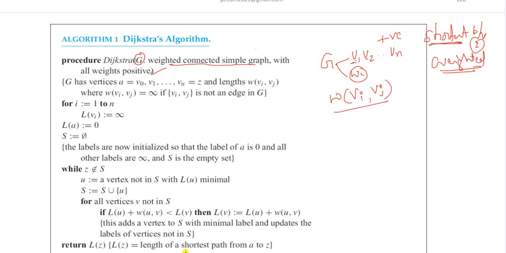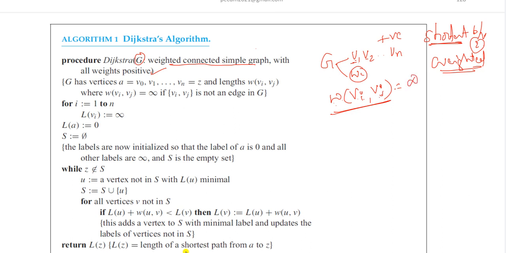Now how do we define W of Vi comma Vj? If we have an edge between Vi and Vj, we give the particular weight value. If there is no edge between Vi and Vj, we have to assign an